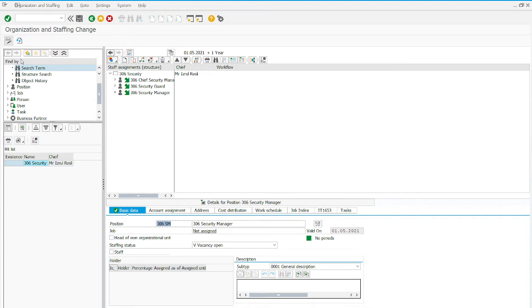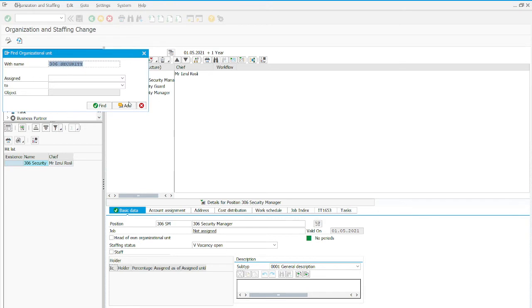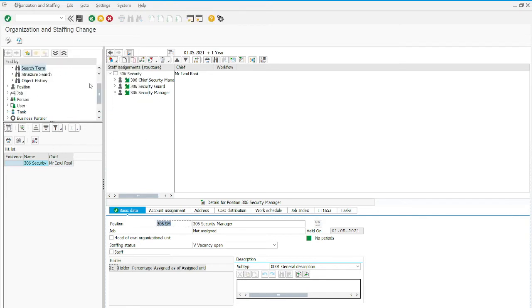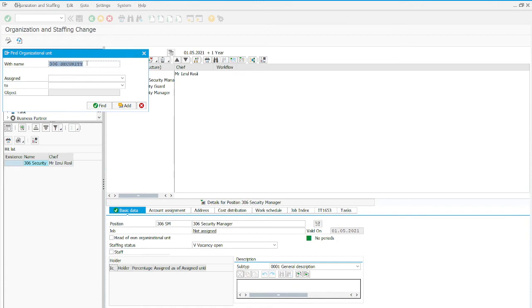Now, the position should be created in the security department. So we're going to search for it, find by search term. Currently, from what you see here, there is already something, so I'm going to change it. So let us try to do step 1. Search term. Then find by, click on organizational unit,